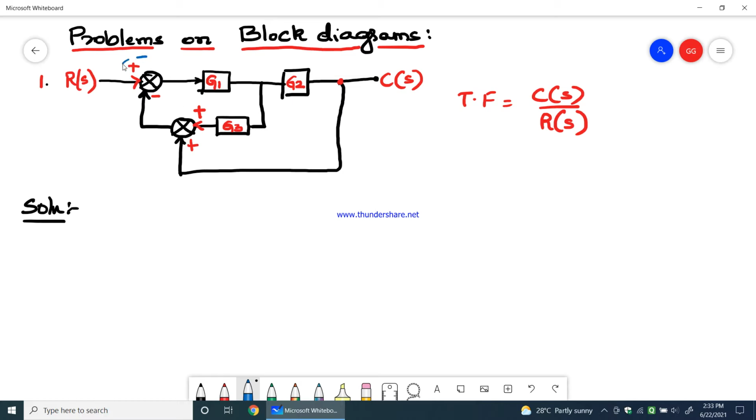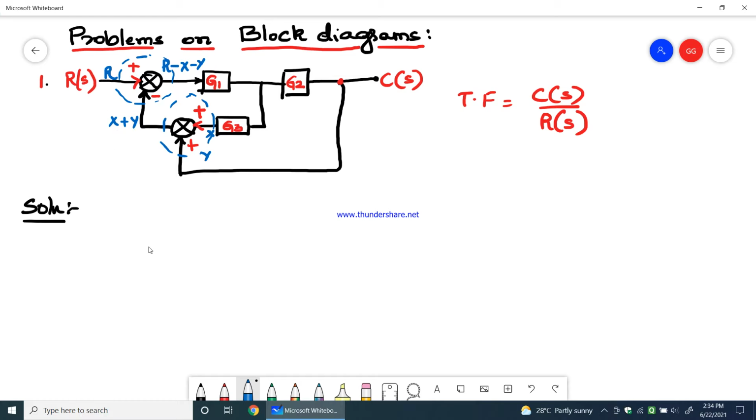Here I can see there are 2 summing points which are interconnected with each other. See, the output of this summing point is given to this particular summing point. Now if I say this is x and this is y, then this would be x plus y, right? Now if this is r, then the output at this stage would be r minus x minus y, because this is x plus y, but you have an input here negative, therefore I would say it is r minus of x plus y, which is minus x minus y.